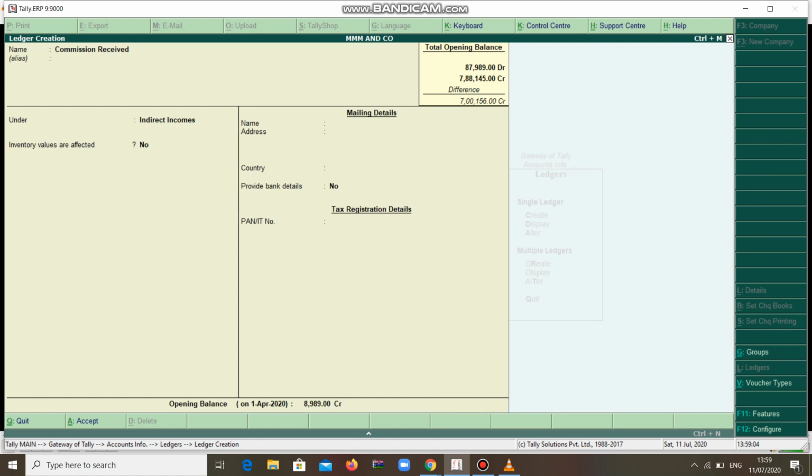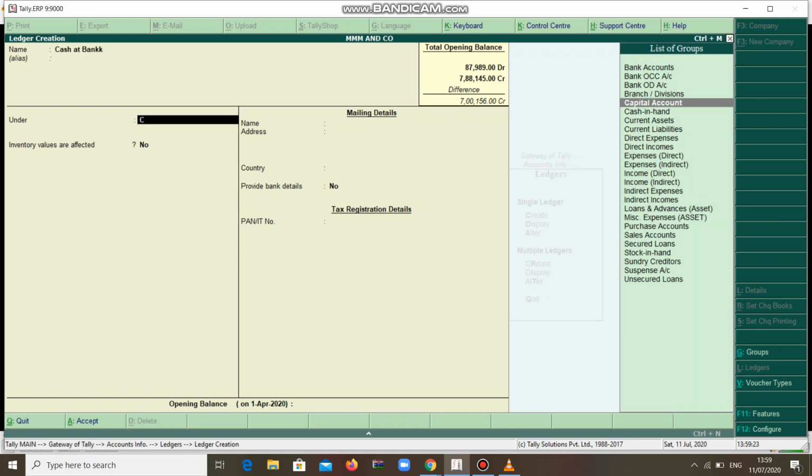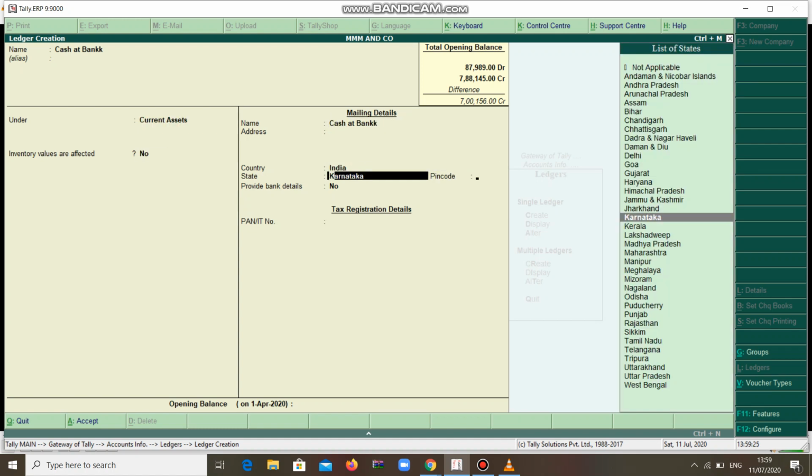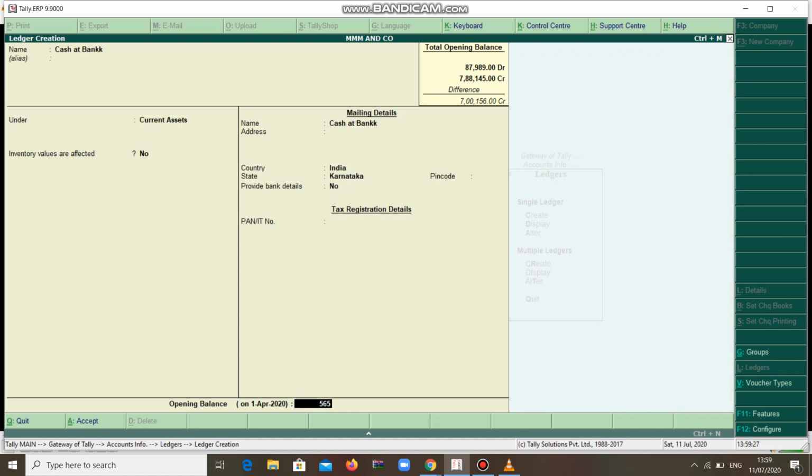Okay, current assets. Current assets are those which are moving, like cash at bank, current assets. I am just selecting from the list. Next, bills receivable.